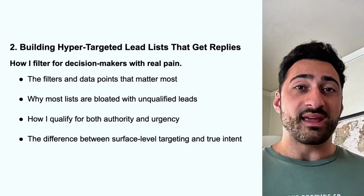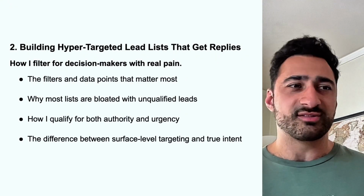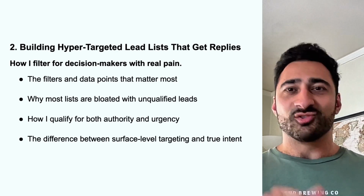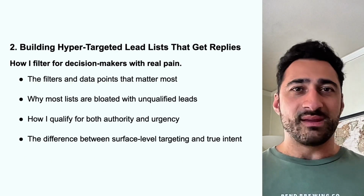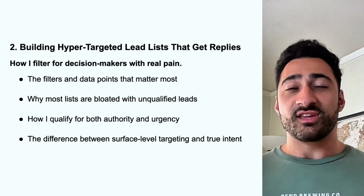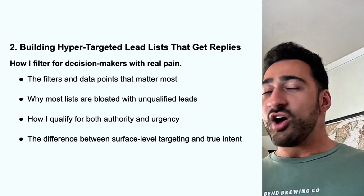That's going to be decision makers typically, unless you have some kind of product that somebody maybe less senior would be able to use and they don't need to get approval for. This is typically going to be director level, C-suite level, VP levels, that kind of senior. You should still do your due diligence and make sure that you are not getting a bunch of other unneeded